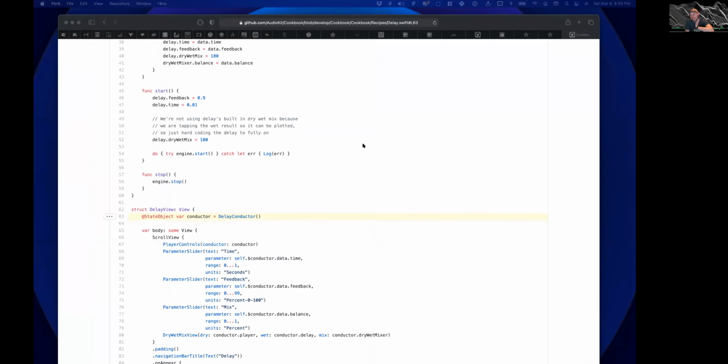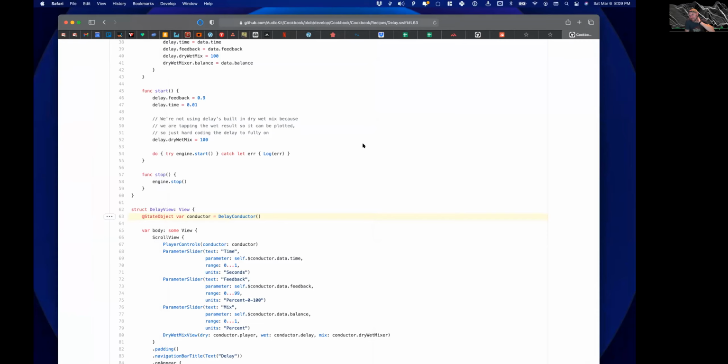So with StateObject, if you're going to create a model object internal to your view, then always use StateObject. Don't use ObservableObject, because if you do it either as an initializer like this or in a constructor,